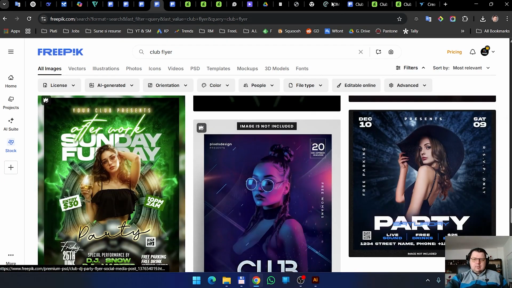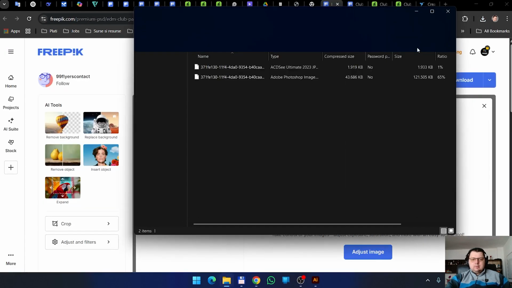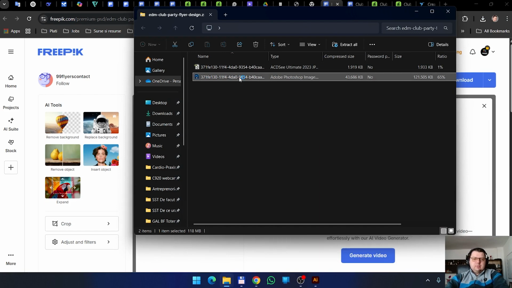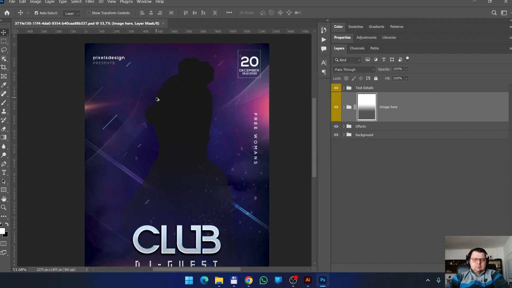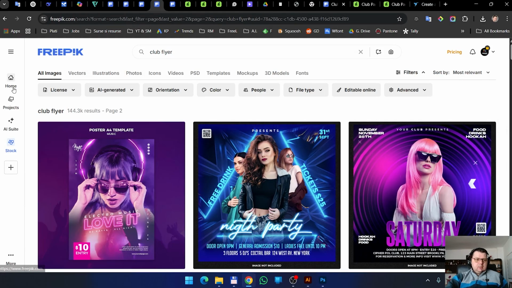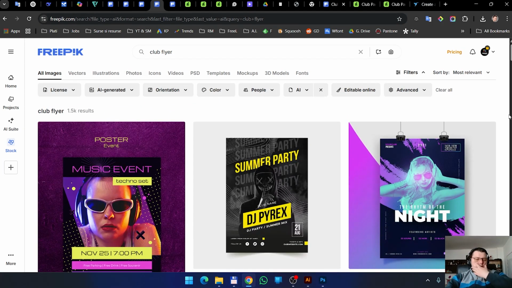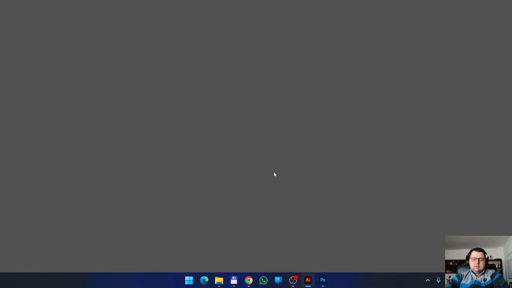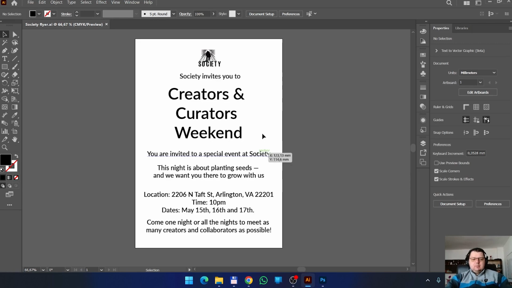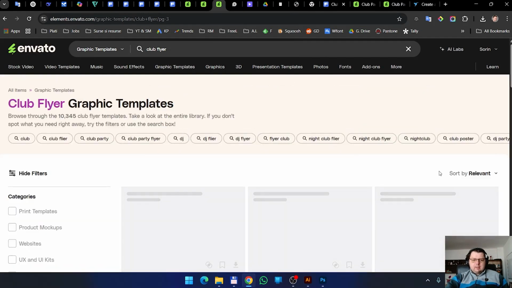Okay, I like the feel and vibe of this flyer. It's in Photoshop. Let me check the size. It's 107 millimeters, 108. Okay, but I want it in Illustrator. So I need Illustrator. Actually, I can do it in Photoshop. It doesn't have to be a vector flyer. So I will download a flyer that I like now.